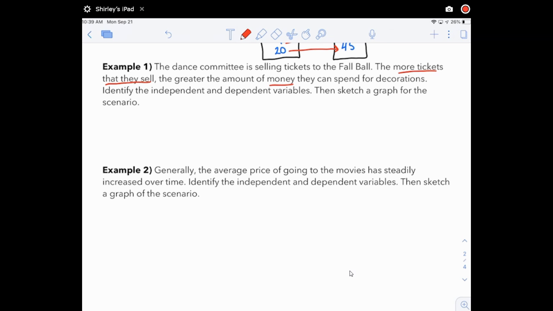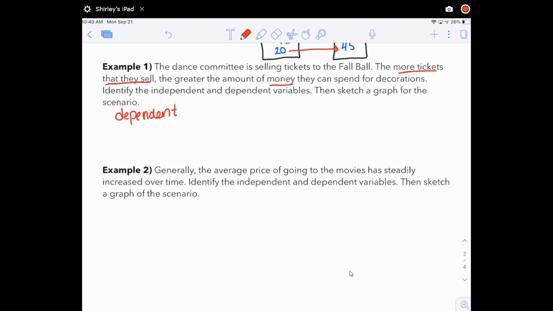So whenever you're answering these questions, you need to figure out which one depends on the other. So does the amount of tickets that I sell depend on how much money I can spend on decorations? Or does the amount of money I spend on decorations depend on the number of tickets I sell? So which one of those sentences makes more sense? So my dependent,